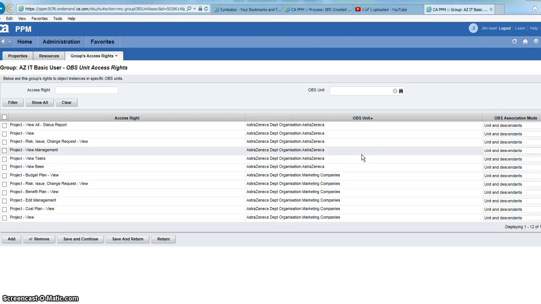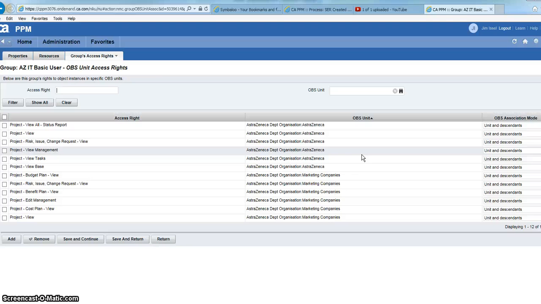So this becomes significant. The reason that it's set up this way is that when Global Engineering decided to start using Clarity, they didn't want their people bogged down having to wade through the thousands of IT projects. And similarly, they didn't want the IT people to be able to have a window into their projects. So by putting all of their projects into the right OBS unit and all of their people being assigned to the right OBS unit, and then setting up our security groups to be based on OBS, we are able to